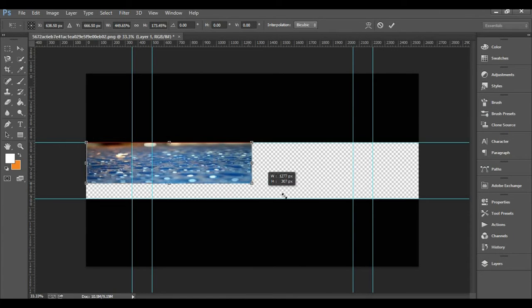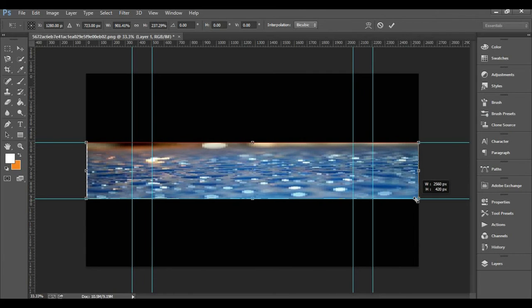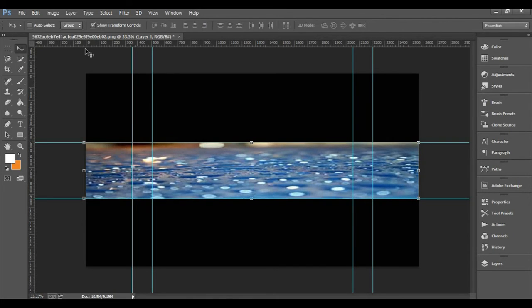Adjust it over here, like this. Guys, see, you can work on this specific area and it will be very easily adjustable on your computer and your mobile. So let's take another picture.